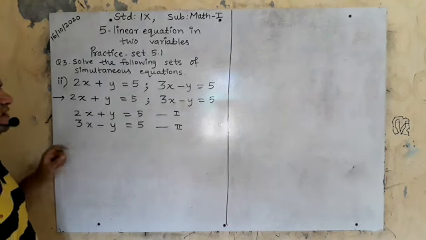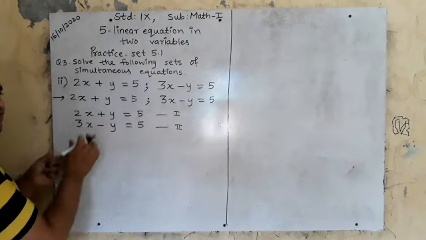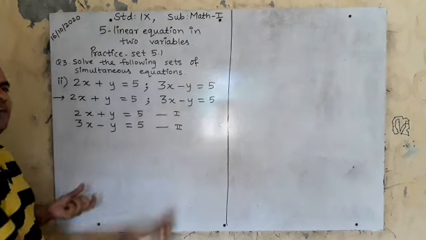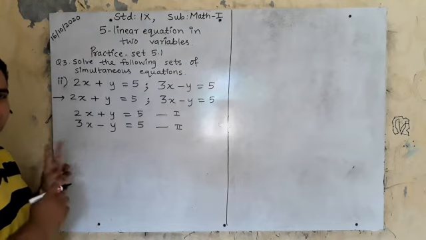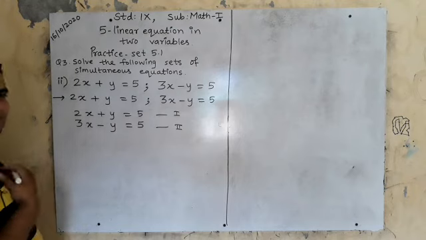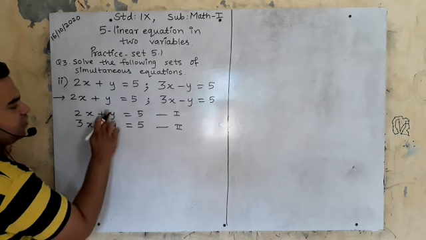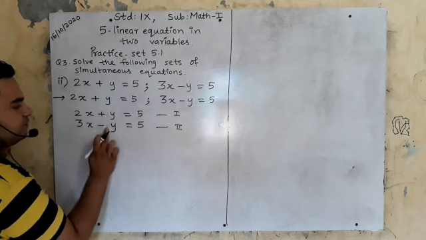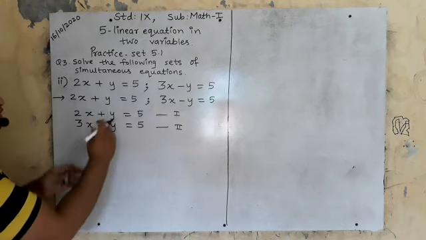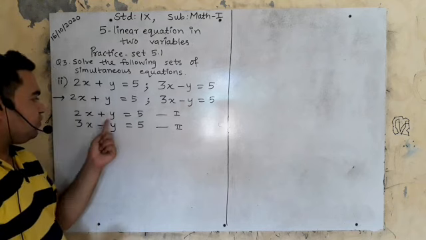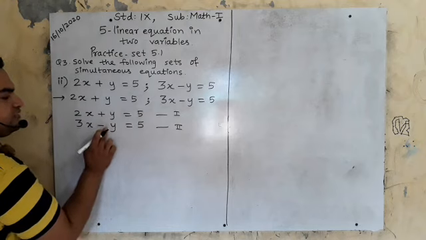Okay. Now what I have said, I used to eliminate the y variable always, so that first we will get the x value and then we will get the y value. But it is not compulsory, you can eliminate the x variable also. Okay. But my trick, first I will focus on y. Can you see over here, the coefficient of this y is 1, the coefficient of this y is also 1. It means this y variable we can eliminate. We don't have to make it equal because it is already equal.